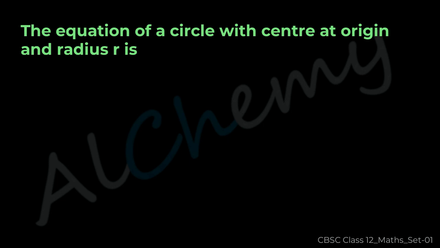Question 43. The equation of a circle with center at the origin and radius r is: